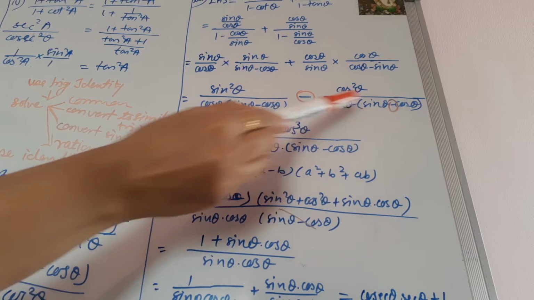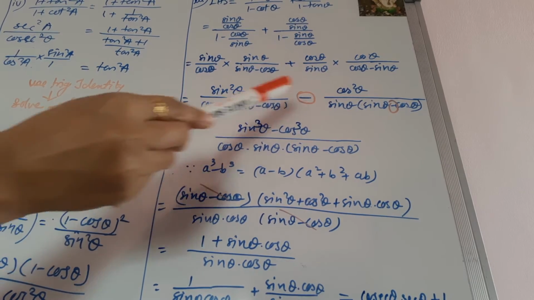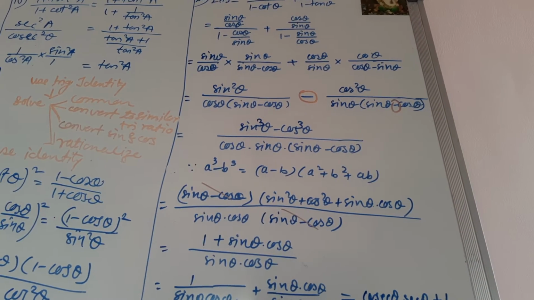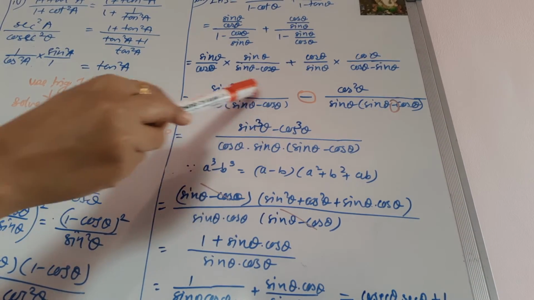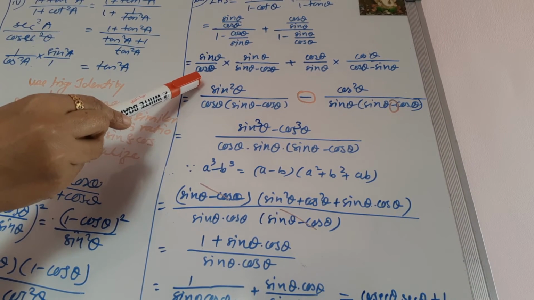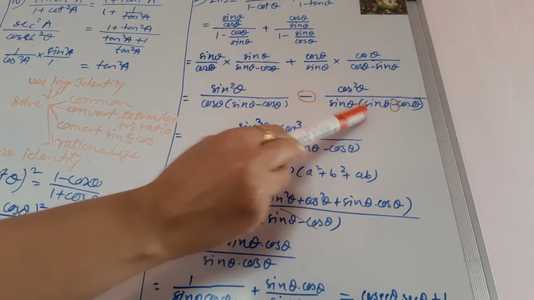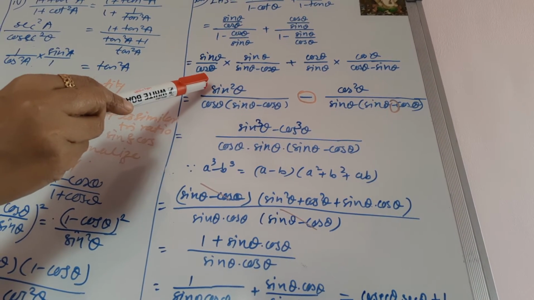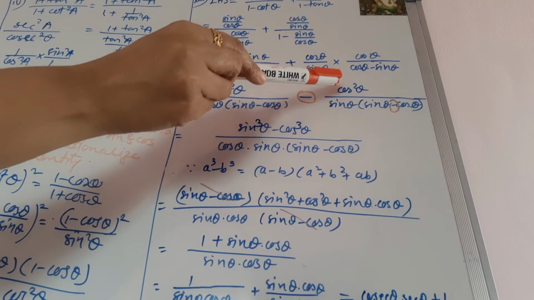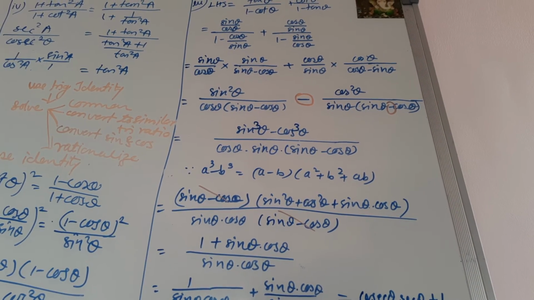So now we can take this bracket common in the denominator, and what is uncommon, that is cos theta into sin theta, we have to multiply to get it in the denominator. As here in the denominator there was no sin theta, we have multiplied by sin theta, and to the numerator and denominator we have multiplied by sin theta, so that we get a common denominator for both the terms. So you will get sin theta into sin square theta, that is sin cube theta. Similarly we have multiplied here by cos theta and cos theta, so you will get cos cube theta.